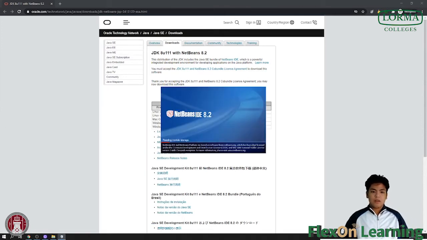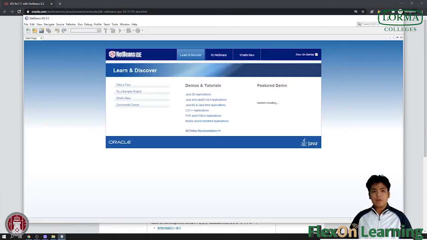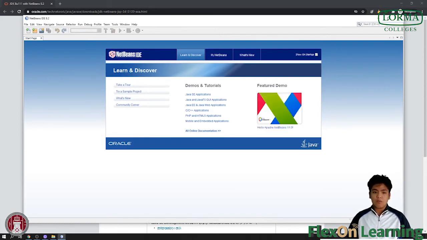This is the interface of NetBeans IDE 8.2 for Java. We'll be using this one for our programming. For example, let's try to create a file and print simple text. Okay, so open file,